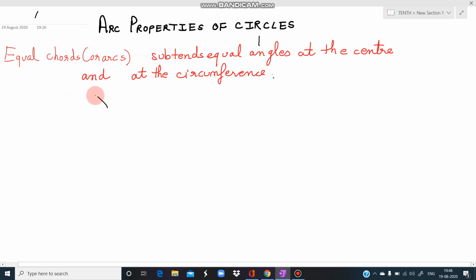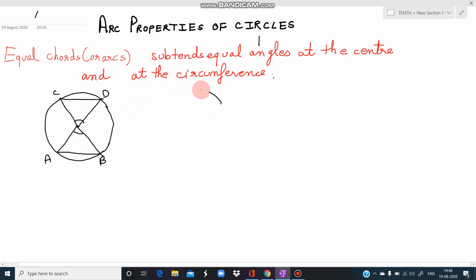circumference. ये जो arcs वाला ये हम पहले कर चुके हैं. That is, if I take one big circle, one circle, and if there are two equal arcs, जैसे arc AB है और arc CD है, अगर arcs equal हैं then the angles at the center will be equal. तो same property goes for chord also. If there are equal chords, they will subtend equal angles at the center. At the center. Now ये result converse भी है कि अगर कोई chord center पे equal angles बना रहे हैं then chords are equal and arcs are also equal.